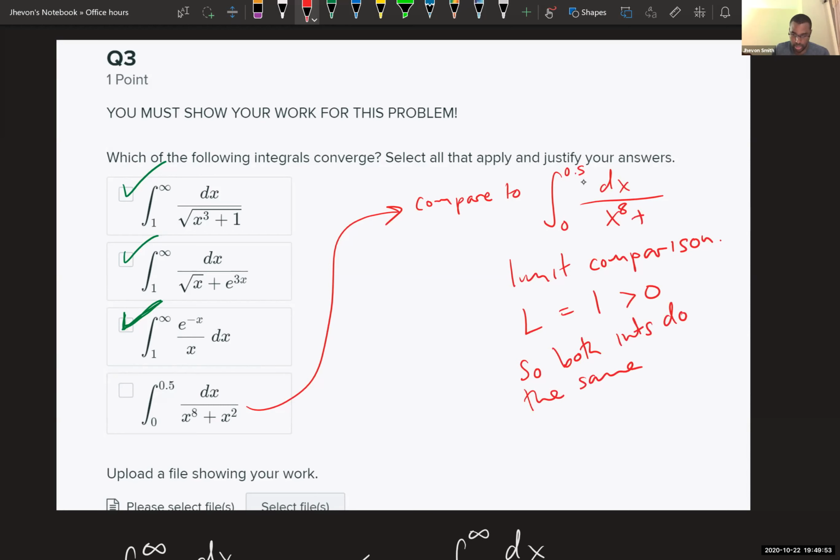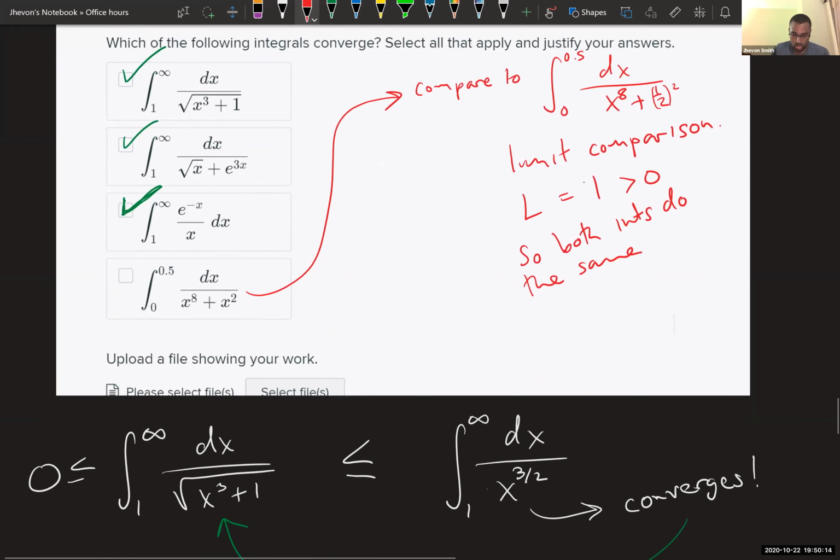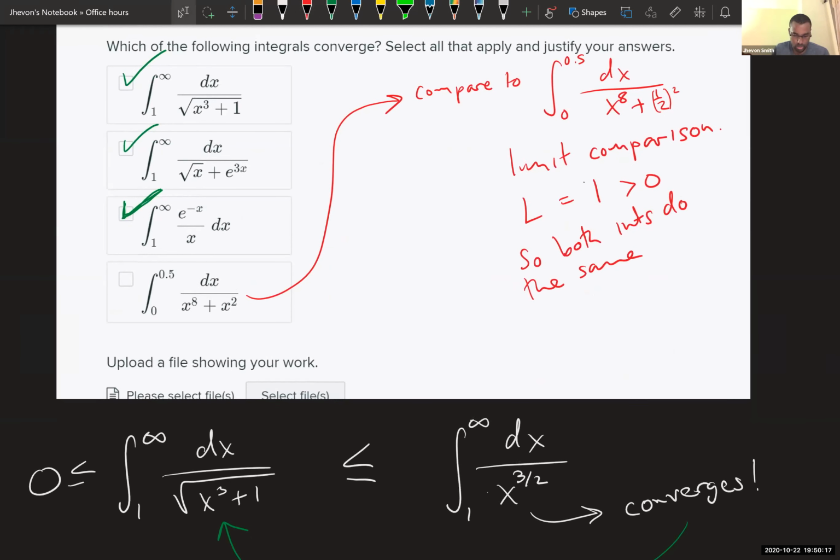Oh, I can add something here then. It would be a good thing to add. Maybe like a half squared. Don't both functions have to be continuous, though? Yeah, both would have to be continuous. So this would be,